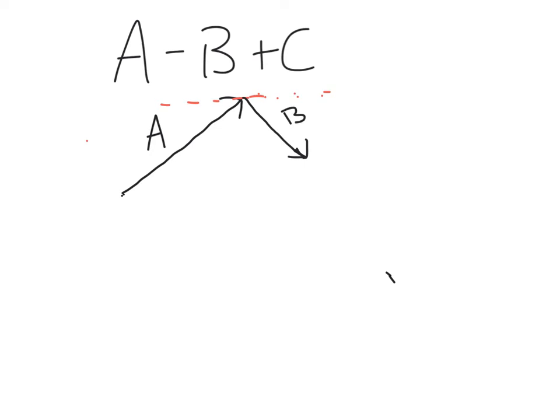Vector B. And then we want to add vector C. So this is A plus a negative B plus C. C is 4.1 centimeters directly east, making the tip of B in line with the x-axis. We find 4.1 centimeters and draw in vector C. A minus B plus C. My resultant, we're still going from the tail of my first vector to the tip of my last vector. Connecting those 2 points,